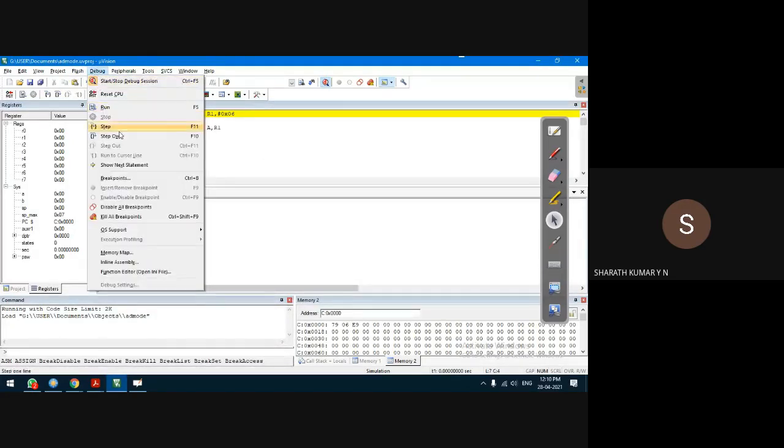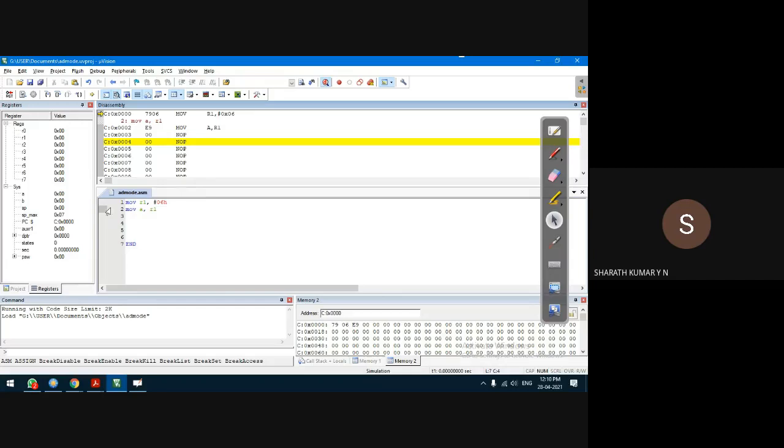Check this out, guys. The step shortcut is F11. If you press F11, we can see the execution of the program line by line. I'll press F11 on my laptop and we can see the execution of the program.